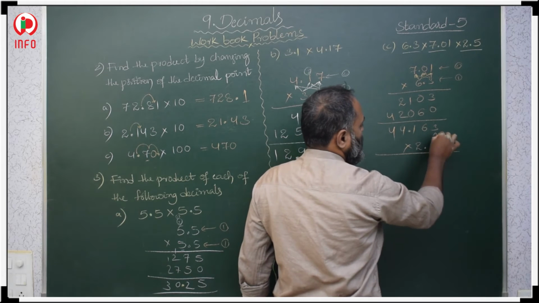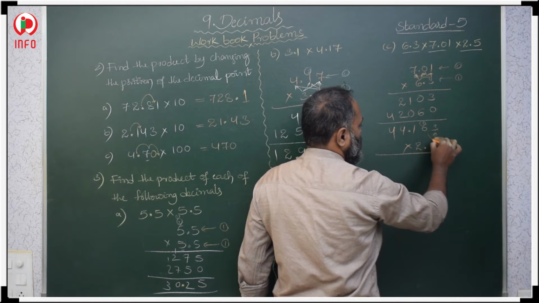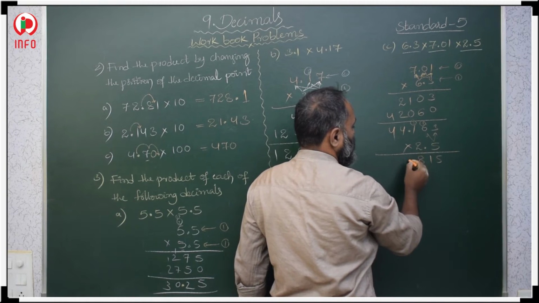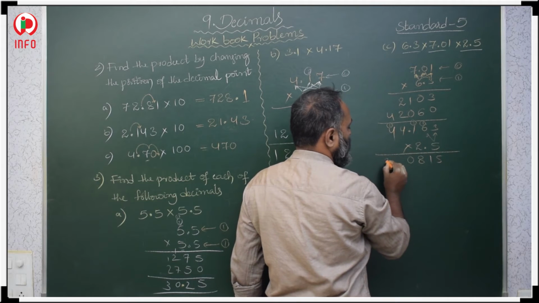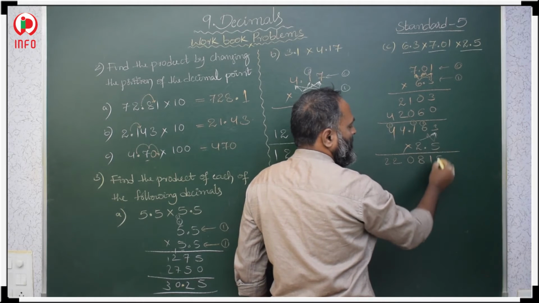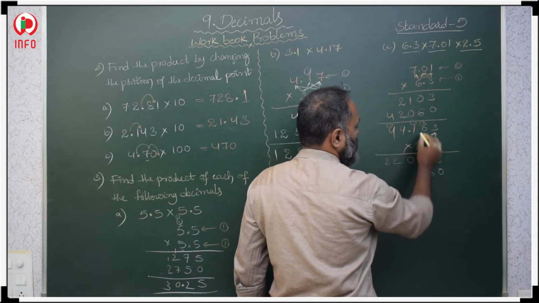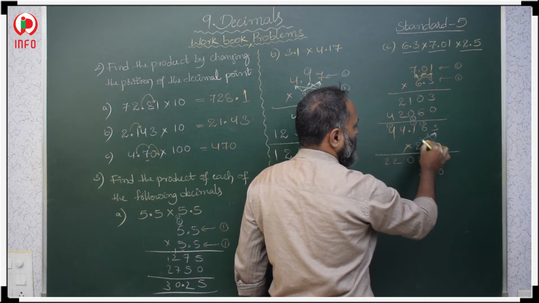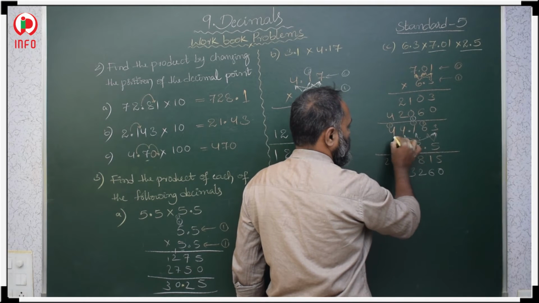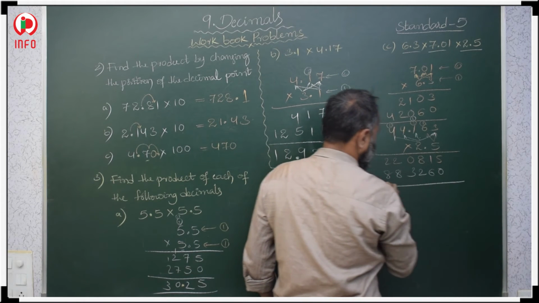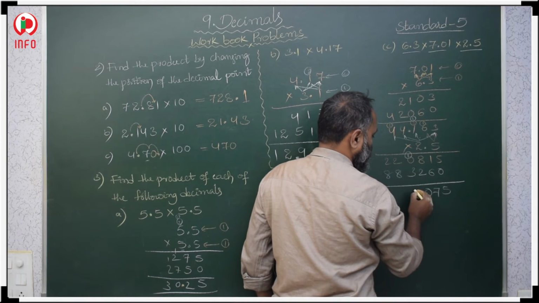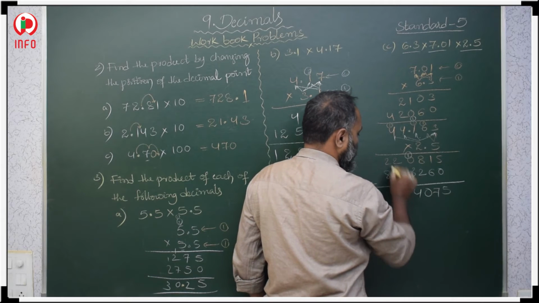Now, 5 3s are 15, 5 6s are 30, 31, 3, 5 1s are 5, 6, 7, 8, 5 4s are 20 and 2, 5 4s are 20 and 22. Next with 2. 0 first, 2 3s are 6, 2 6s are 12 and 1, 2 1s are 2, 3, 2 4s are 8, 2 4s are 8. Now add: 5, 7, 10, 1, 4 plus 1, 3 plus 1, 4, 10, 11.